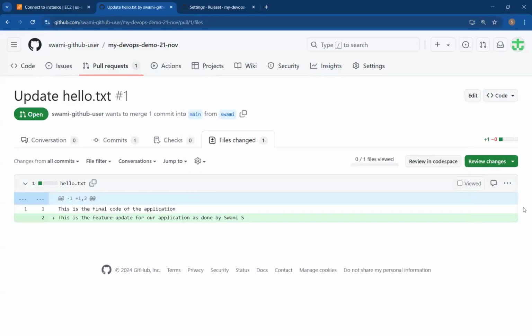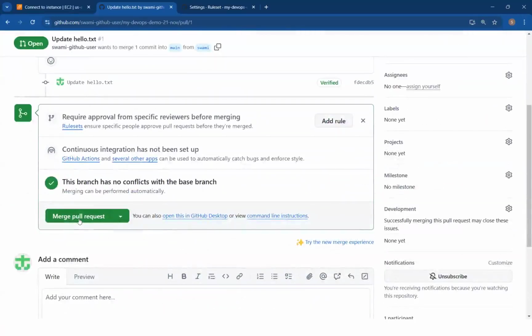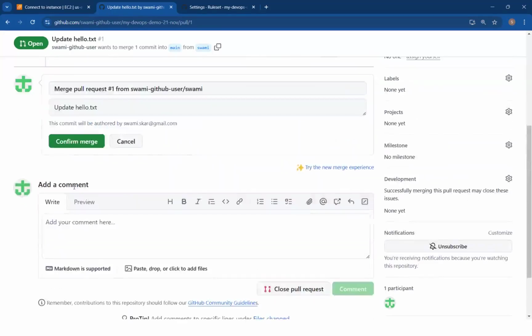And then if I'm fine with it, I'll go back over there and click on merge pull request. Merge as in I want to merge that into production. But if I'm not so fine with it, I can close that pull request as well. Close is like rejecting that request. So just like that, I'll go ahead right now and click on merge the pull request.